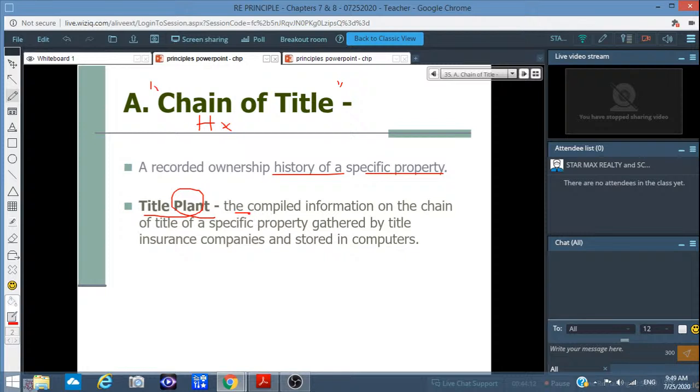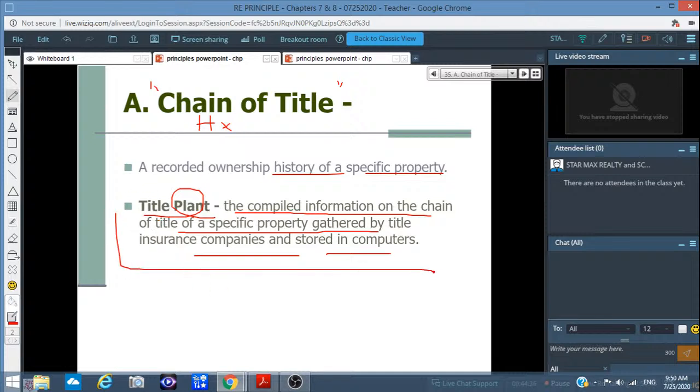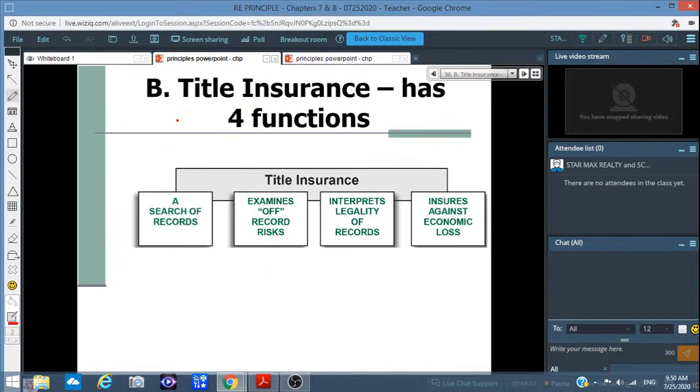so it's a record ownership history of a specific property. Title plan is a database. Okay, the compile information on chain of titles for specific property gathered by title insurance company and stored in computers. Okay. 所以呢，每一栋房子，OK，它有这个历史，OK，所以所有的房子它是在 database 里面，在电脑里面，OK。Alright, title insurance has 4 functions，它有4个功能，OK。search for record，它可以帮你找，OK，就是资料，OK。examine off record risk，OK，没有登记的东西，它可以帮你去看。interpret legality of the record，有没有诈骗行为，right？有没有冒充的产权啊等等，OK？insure against economic loss，因为他真的会的话，他是帮你赔偿，OK？